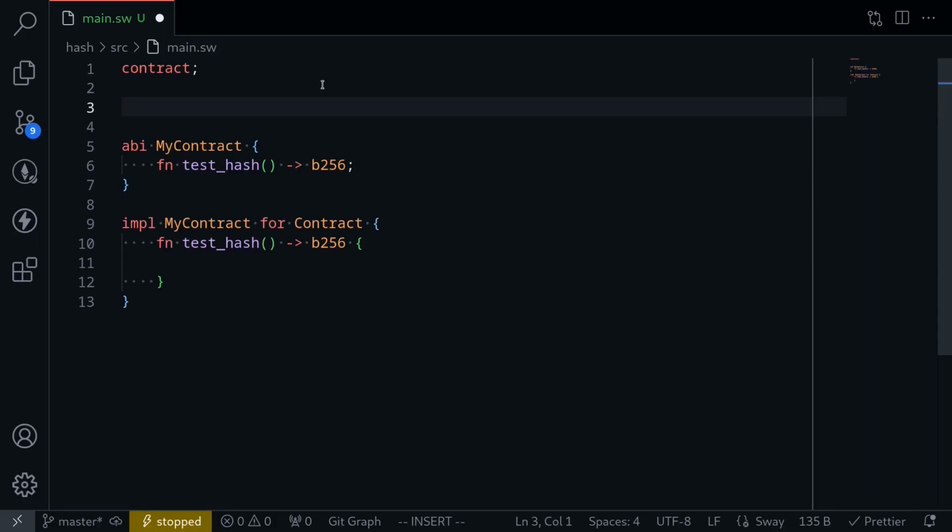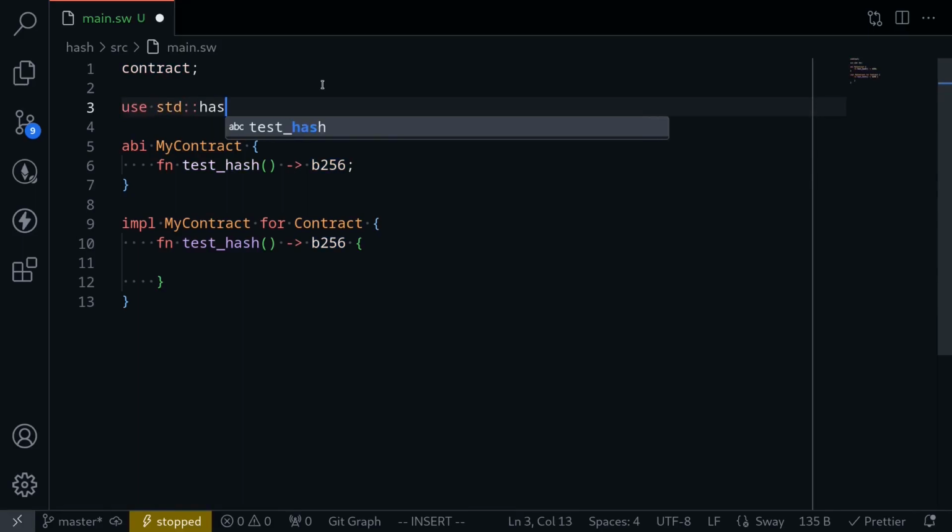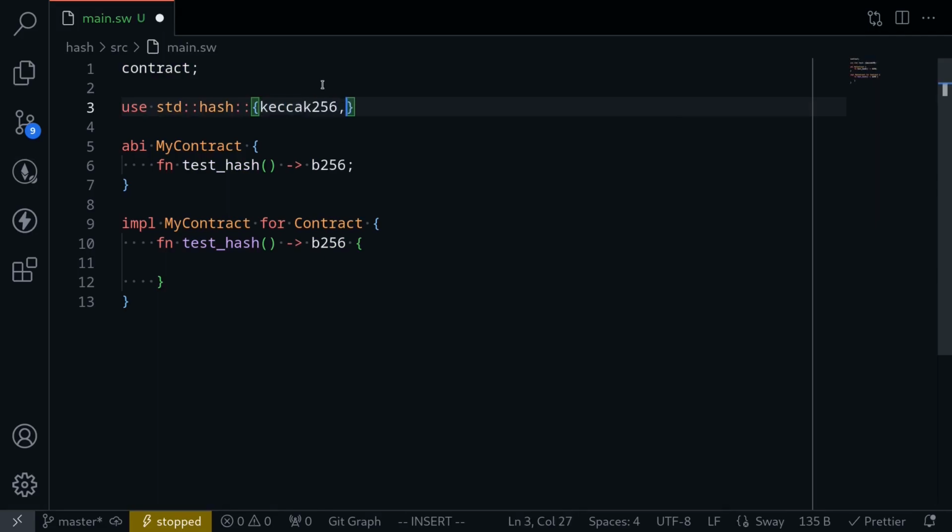Today let's take a look at how to use the hash function in Sway. We'll be importing two hash functions, so I'll type use std::hash, and we'll import keccak256 and sha256. When we call the hash function, this will return b256, and to use it, for example, we